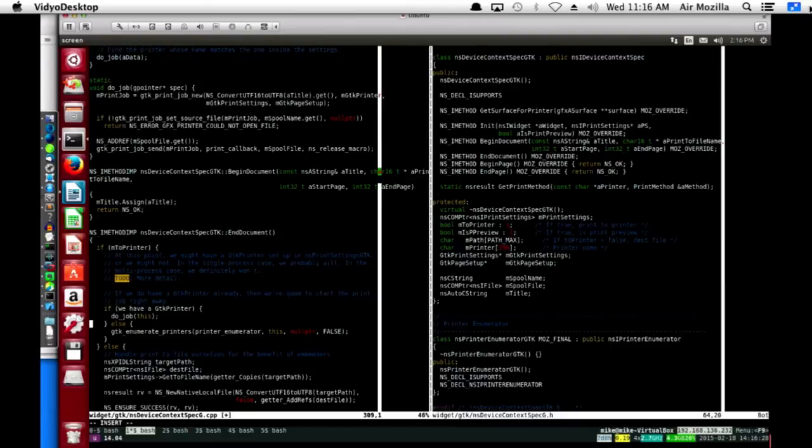If you've seen some beautiful printing code, ping me on IRC, send me a tweet, email me, wake me up in the night, knock on my door, and show me, because I'm curious. I've never seen really great printing code, and I'd love to know what that looks like. Okay.